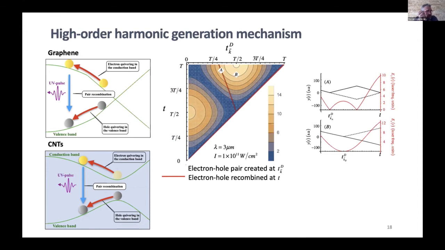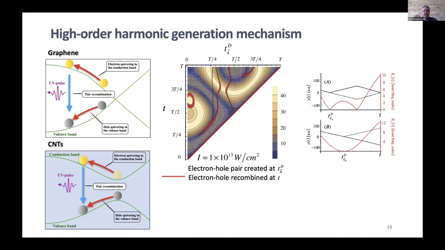Thus, according to this model, the cutoff frequency is given by the maximum energy contour in the map that lies on the red area. So only those pairs of generation time and recombination time that lie on the red area of the map mean that the photon will be emitted. In all cases, the cutoff saturation energy corresponds to the maximum interband gap between the electron and the hole during the oscillation in the reciprocal space.